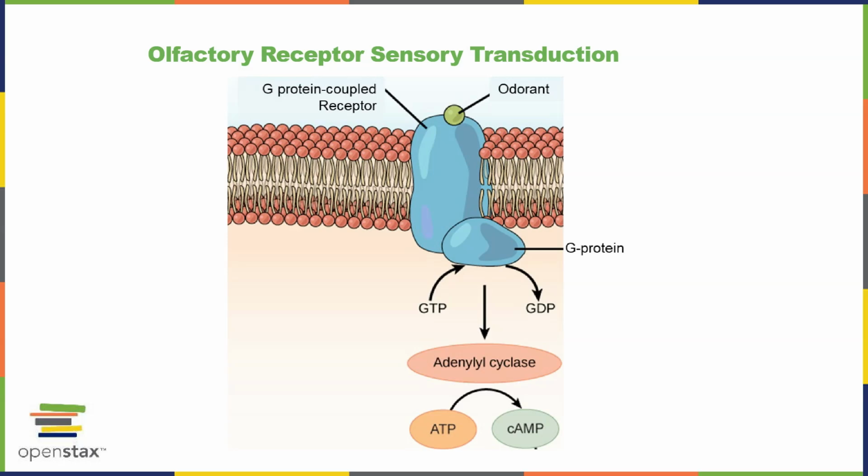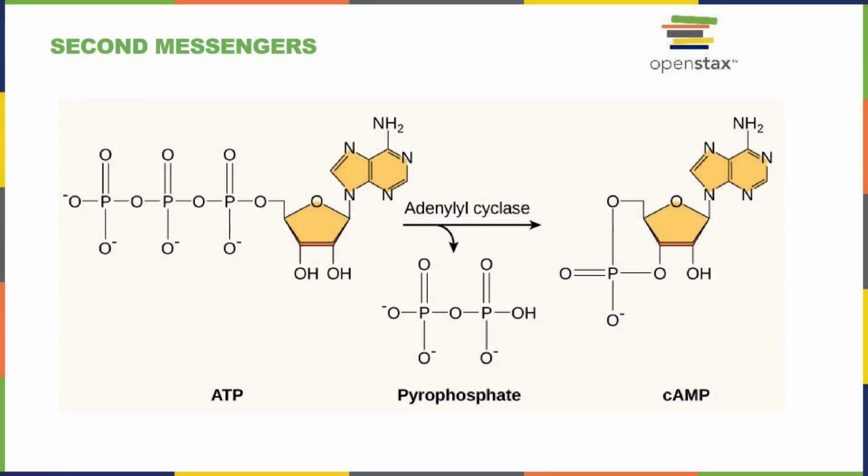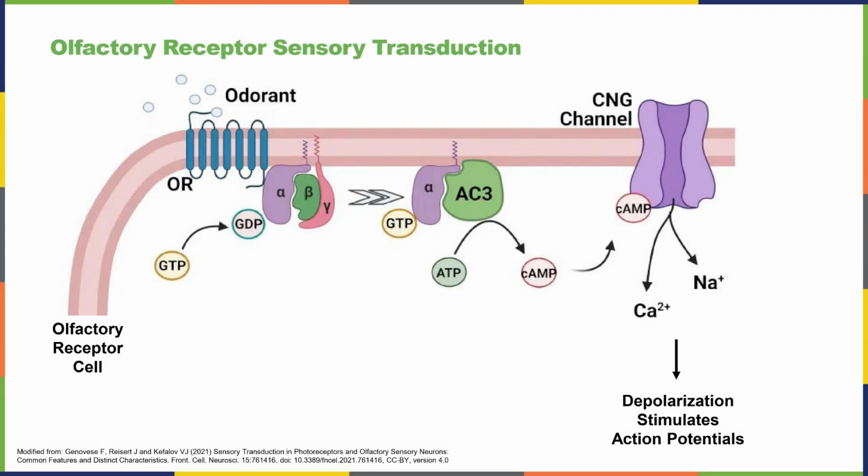When an odorant binds to its receptor, the G protein inside the neuron is activated. That G protein detaches and activates an enzyme called adenylyl cyclase in the cytoplasm. Adenylyl cyclase then produces a second messenger molecule called cyclic AMP. This cyclic AMP opens ion channels, allowing sodium and calcium ions to enter the neuron. The influx of these positive ions depolarizes the olfactory receptor cell's membrane, and if the depolarization reaches threshold, this neuron